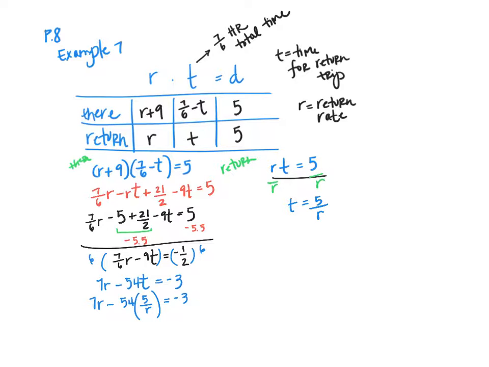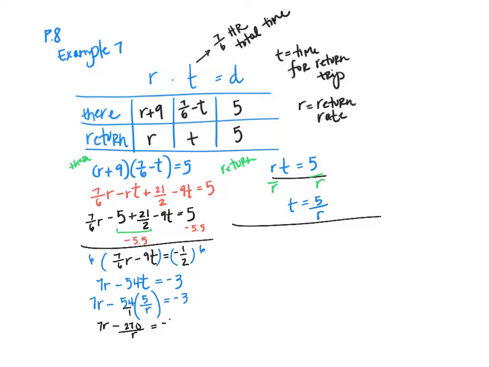And so you have a few options here. I'm going to probably eventually go ahead and multiply by R, but let's go ahead and distribute. So I have 7R minus, I need to multiply 54 times 5. So that's going to give me 270